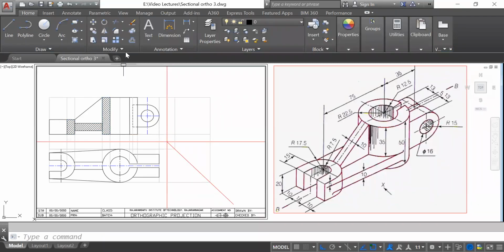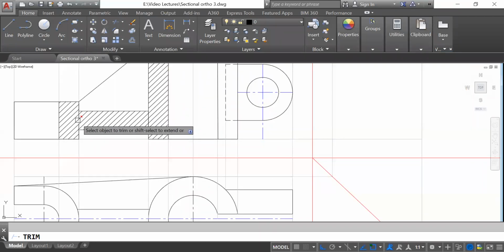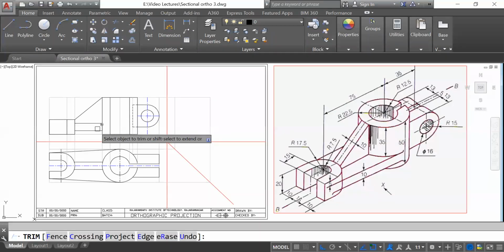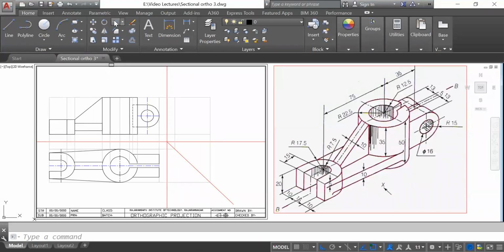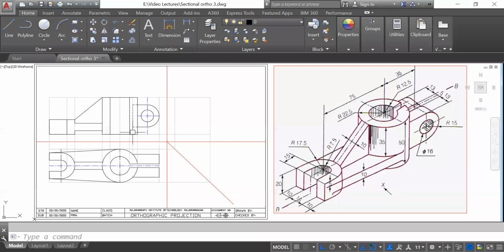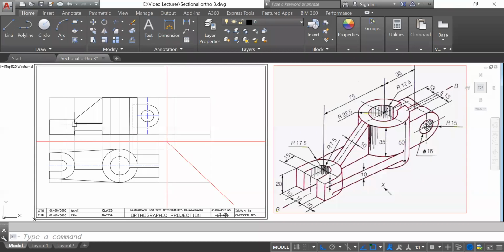This part is hatched, this one and this one, only this part is going to be hatched over there. And also do remember, in the hatching there should not be any gap. So before that only we have to cover that. So you can consider that trim, and you can trim this part. It is not okay, so I'll delete it and then again trim it. So the part would be complete here.